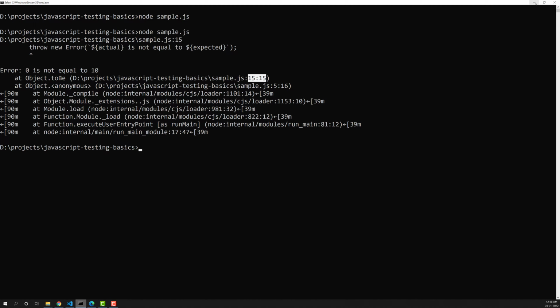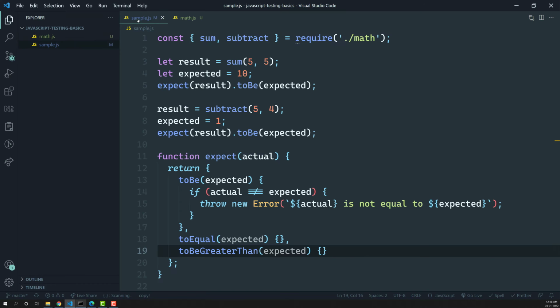The error is on the 15th line. If you go to sample.js you can see the error, right? But this is not the actual error location; the problem is elsewhere. These are things we need to debug.